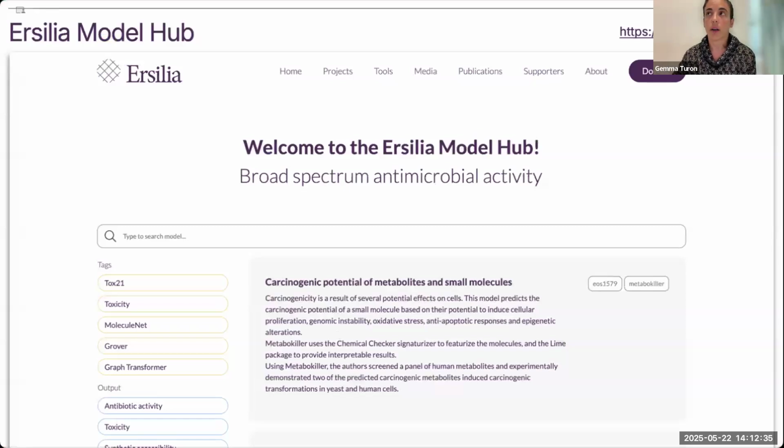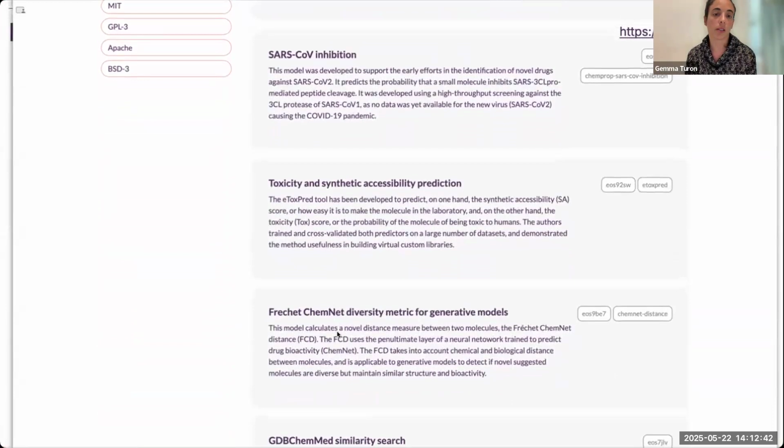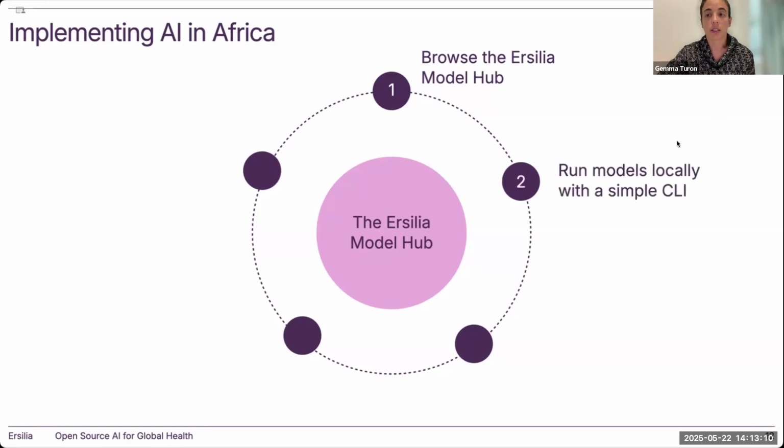We currently have about 170 models available. So this is how the hub looks today. You can simply browse it and see which models are of interest to your research. And we envision the hub as a circular way of implementing AI in academic and nonprofit research. First, scientists can browse the hub, and we aim to achieve up to 500 models in the next couple of years, so really offer a wide selection of models that covers different needs from the researchers. Then these researchers can run these models.